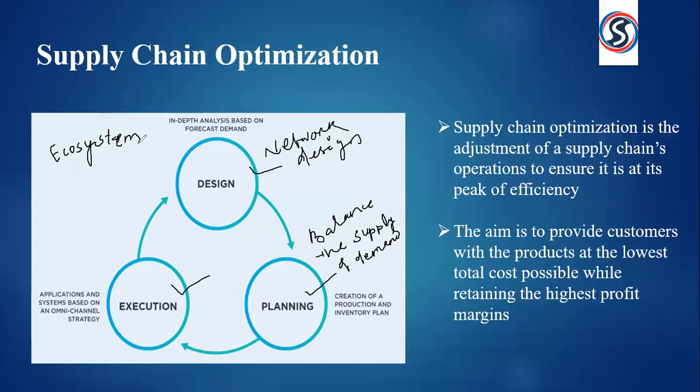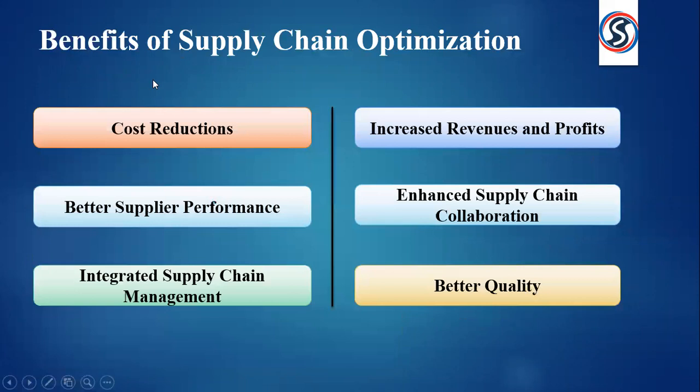So, considering the wide range of factors, numerous supply chain models have arisen. The model which an organization chooses, let's suppose a company or an organization, is completely based on the specific supply chain optimization issues that are business specific. After this, let's understand the benefits. We will speak about the benefits of supply chain optimization. So the benefits are right here.